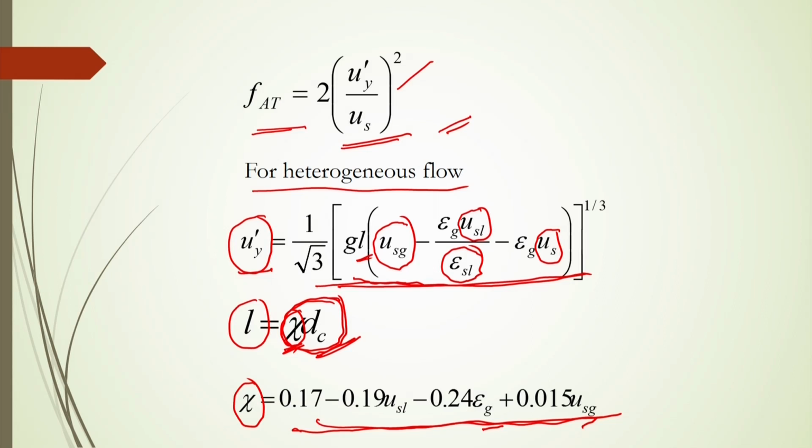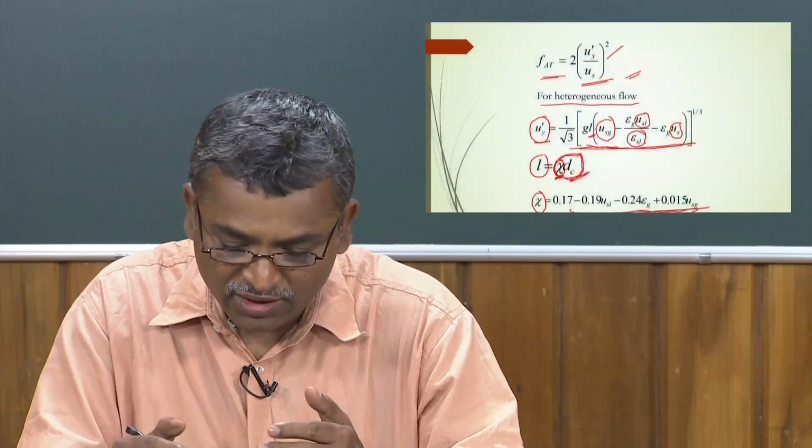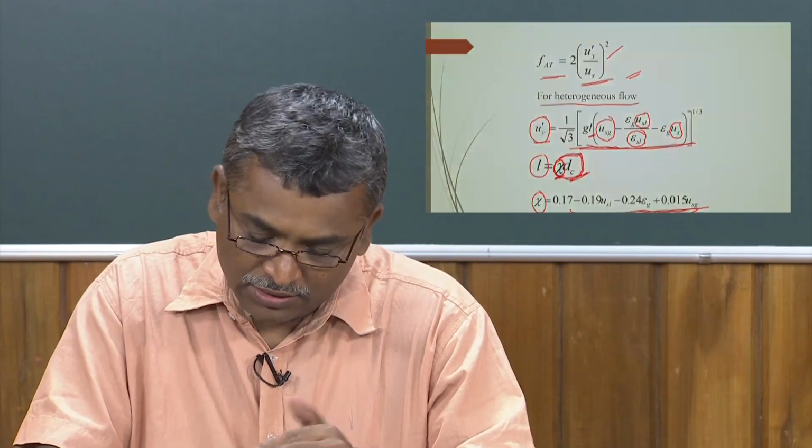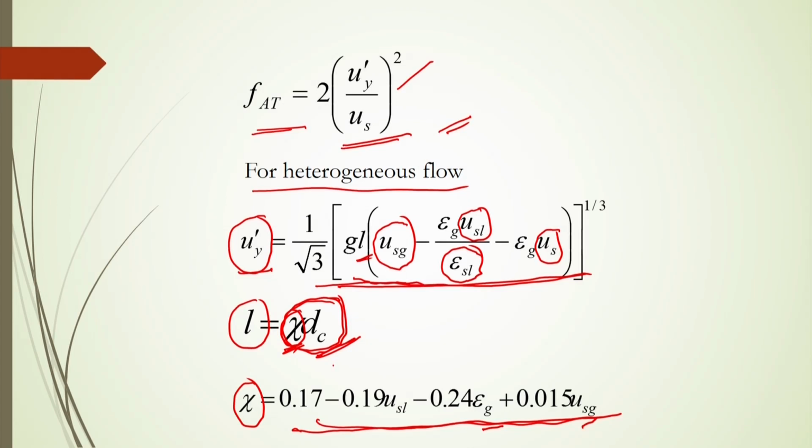If there is a significant deviation, then you have to modify this model by just fitting the experimental data and having this coefficient different from modification. So, in this way you can analyze what should be the friction factor inside the bed due to this fluctuating velocity and also